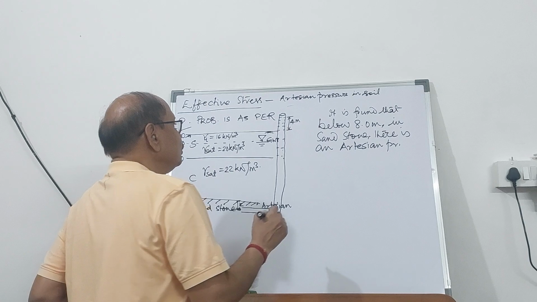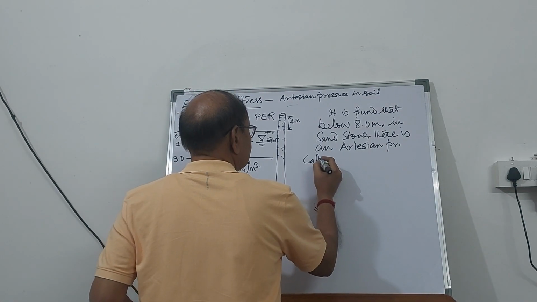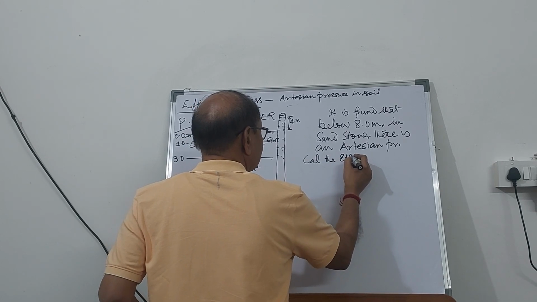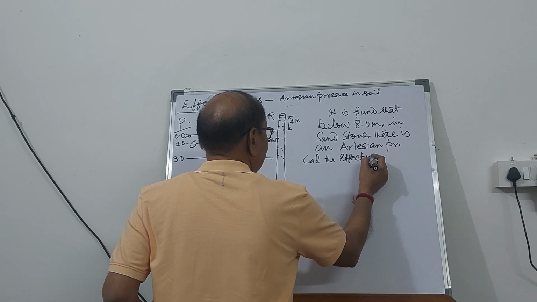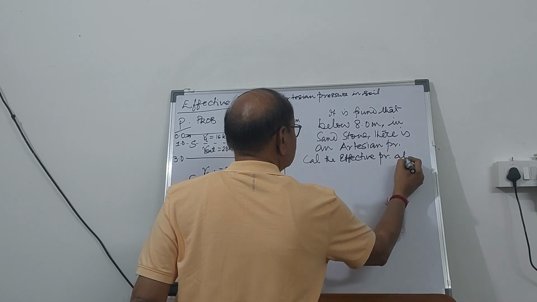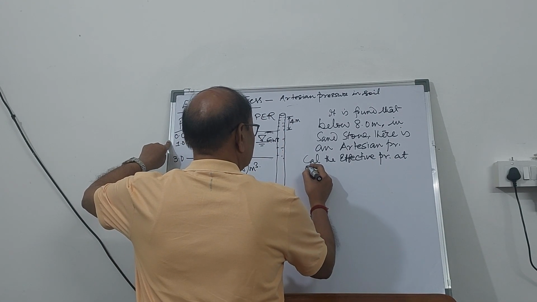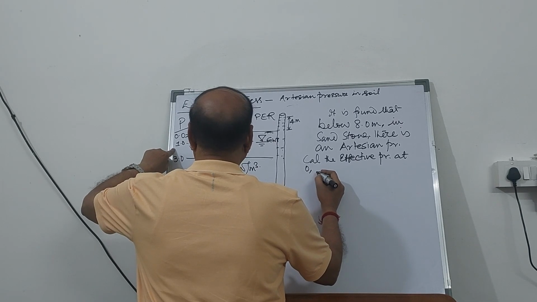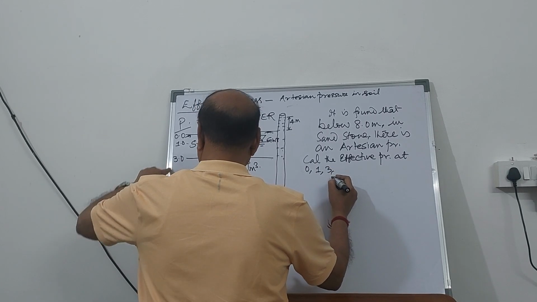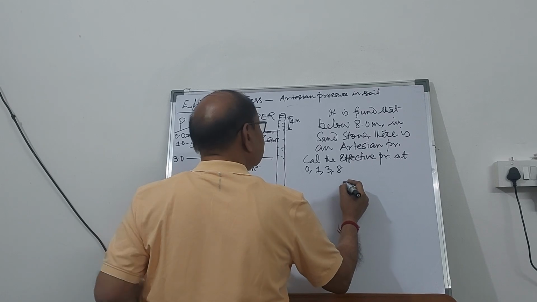So you will have to calculate the effective pressure at 0, at 1, at 3, 8 meters, and